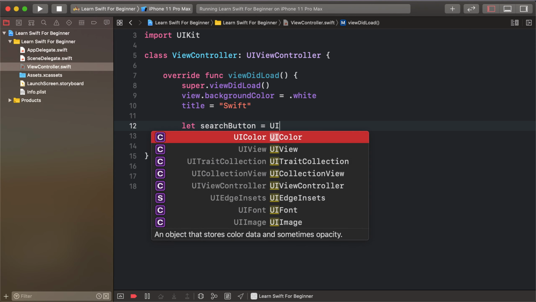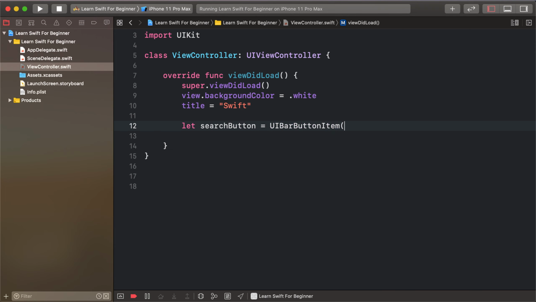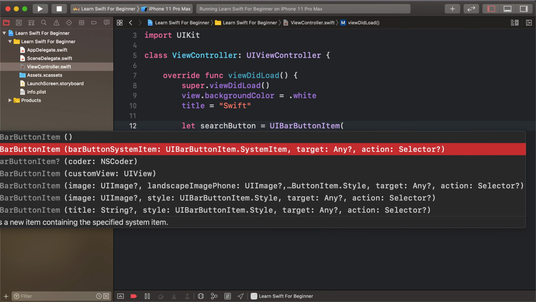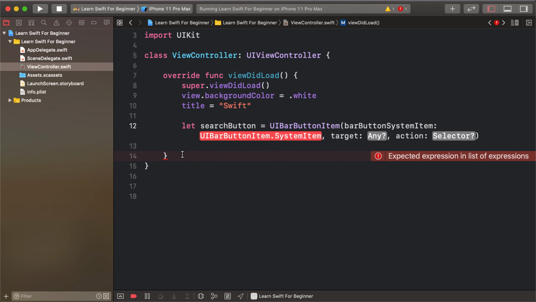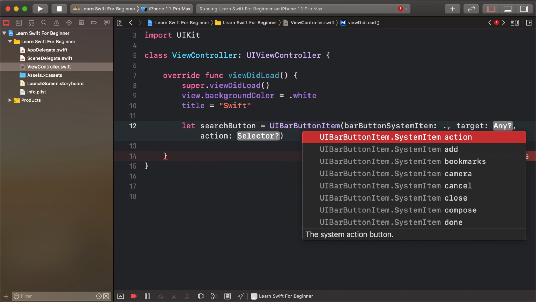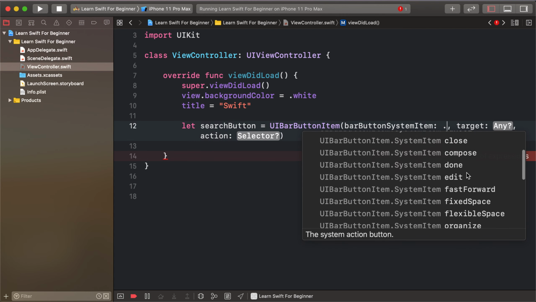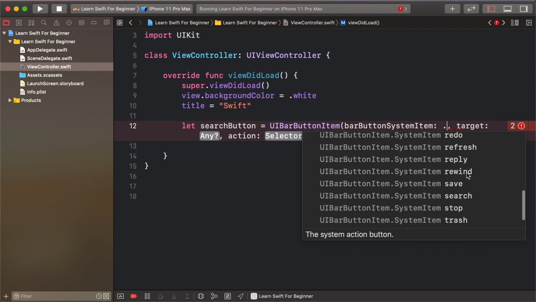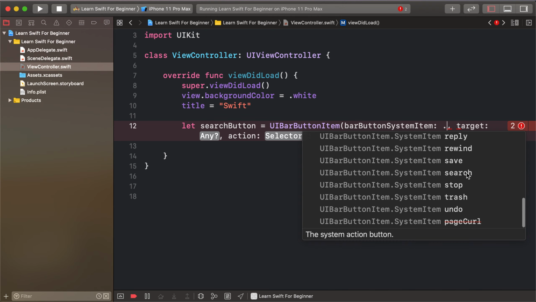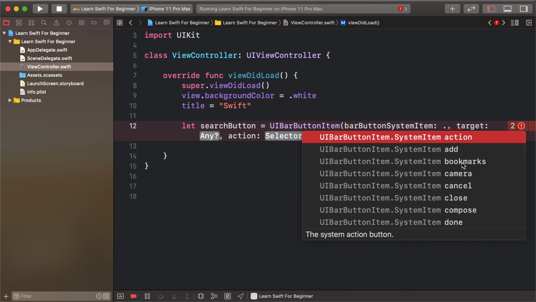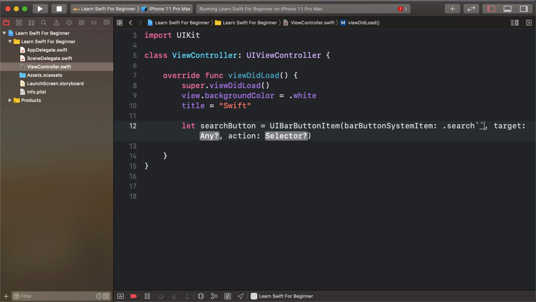button. So UIBarButtonItem, using a bar button system item. Select this and go to the search icon. There are a number of default icons provided: post, random, save, search, stop, trash. But here we use search, and